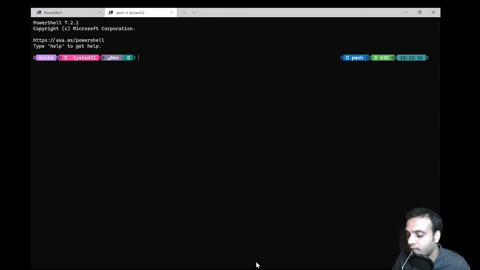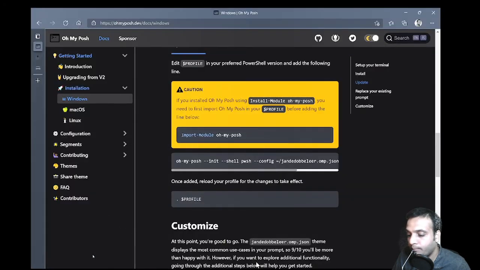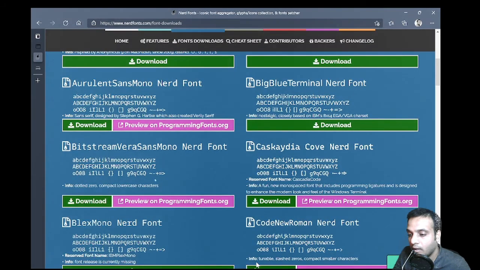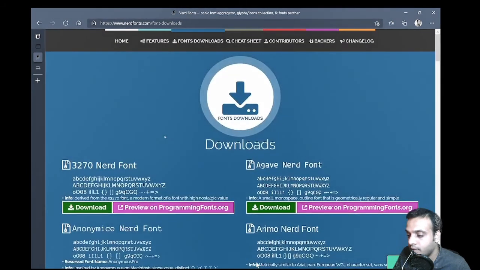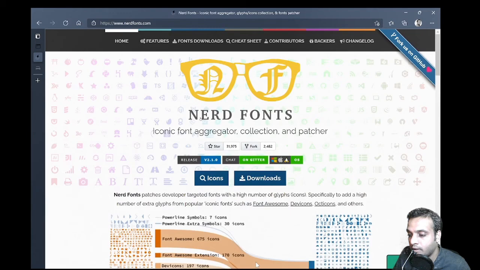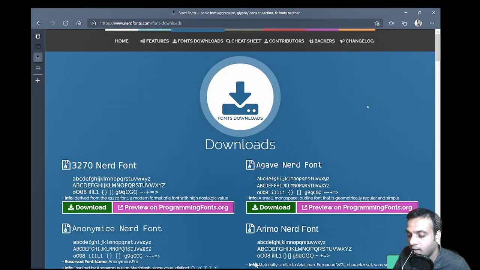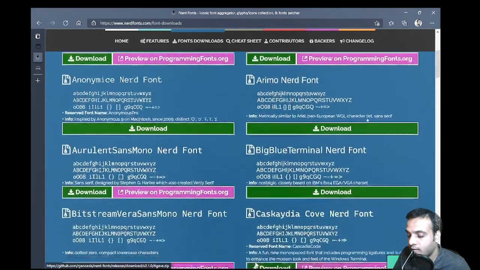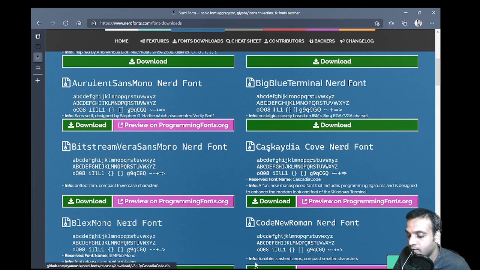So let's go back to Nerd Fonts. Nerd Fonts is what we are going to use here. If you just go to the actual URL, let me show you how to go here. That's Nerd Fonts, and if you just go and click downloads, that'll take me to this page, and if you scroll down a bit, this is the type we're going to use,